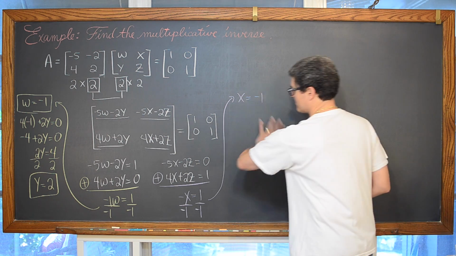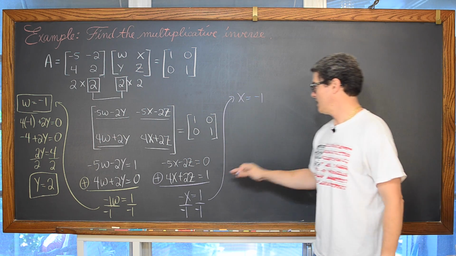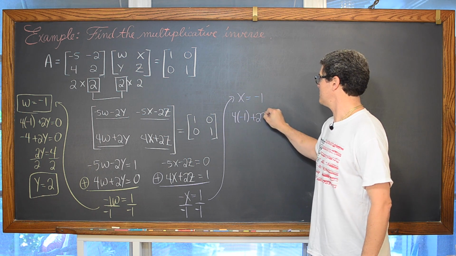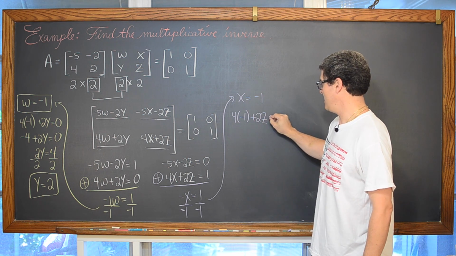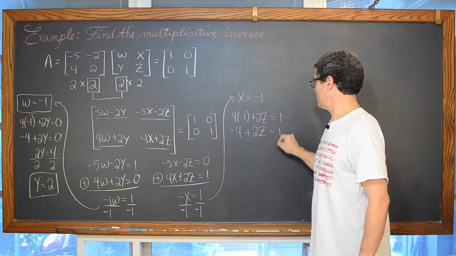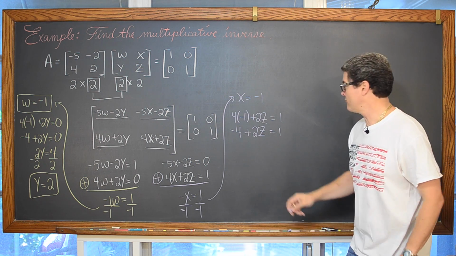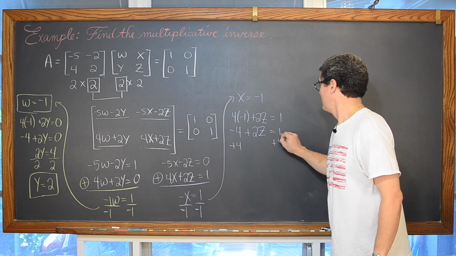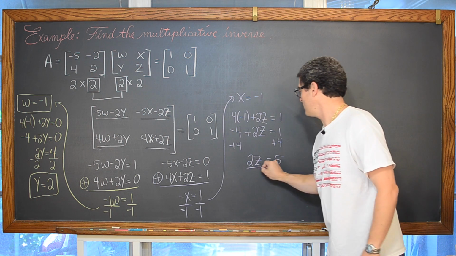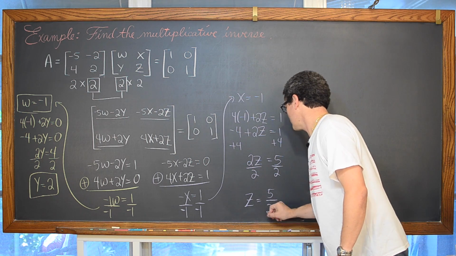Now, taking that value of x and plugging it into one of these original equations. Again, the second one here has less negative, so 4 times negative 1 plus 2z, I don't know why I'm writing that so funny, is equal to 1. We have negative 4 plus 2z is equal to 1. Now we're going to add both sides of this equation by 4 to undo the subtraction of 4 and get 2z is equal to 5. Undo that multiplication of 2 with division, and we get z is equal to 5 over 2.